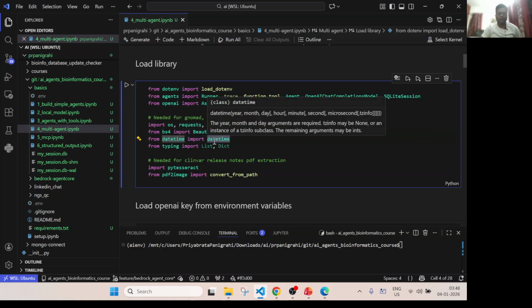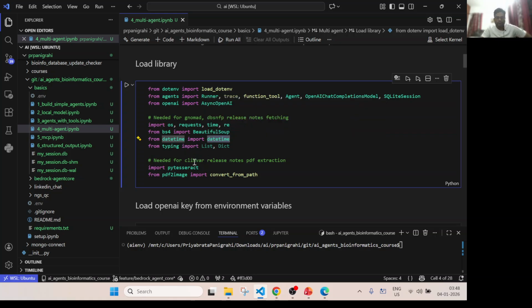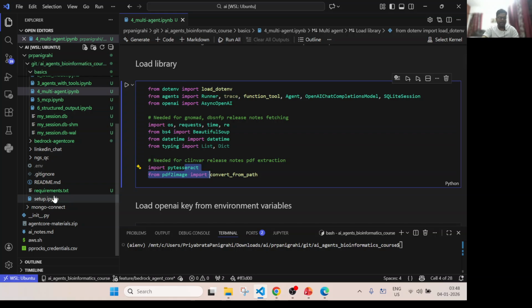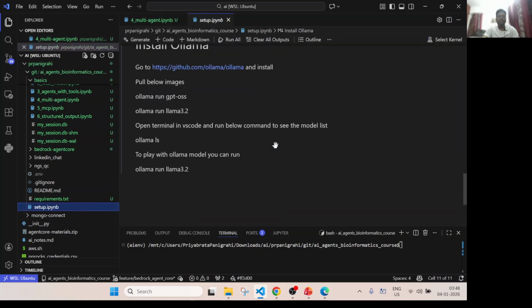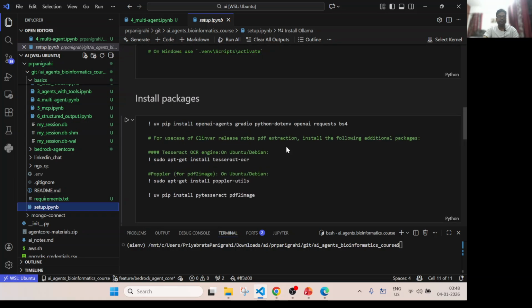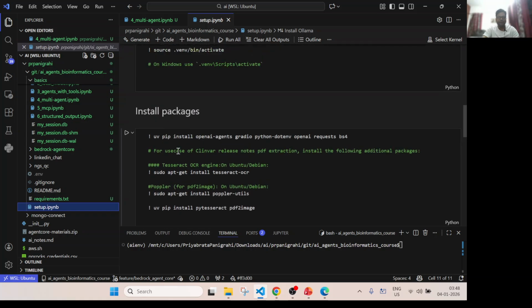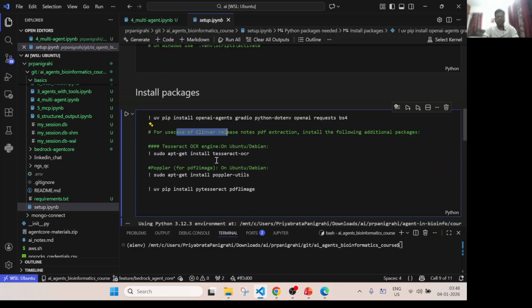I need this date time, and for the ClinVar release notes PDF, I need some PDF extraction, PyTest, PDF to image. Those two modules I need. To use that, there was a problem, we needed some dependency. That's why in the setup file I had given some instructions that if you are using this ClinVar, you need to install some additional Ubuntu packages, like the Tesseract OCR engine we need, and for